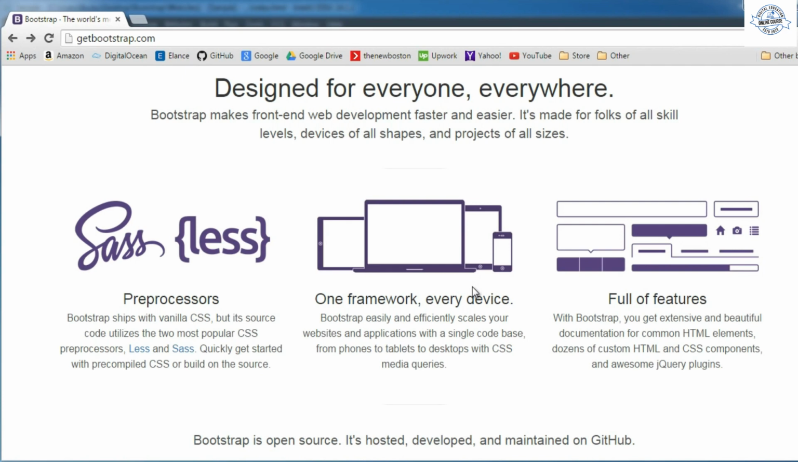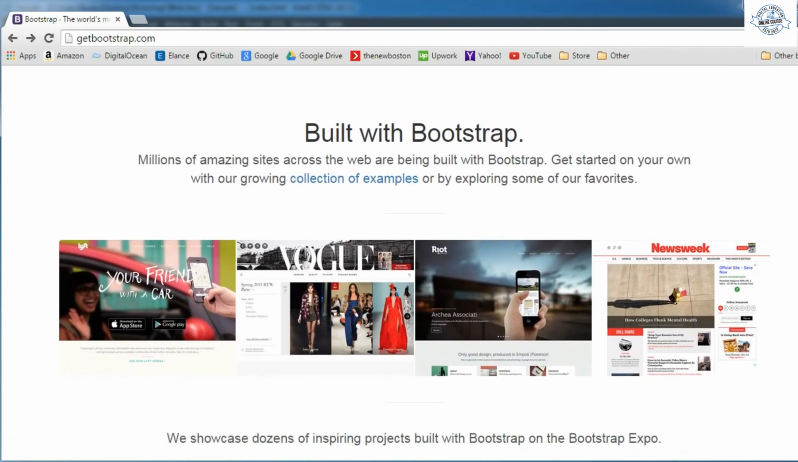So that's pretty much the broad overview of what Bootstrap is and why it's so popular. Now, what else do we got down here? Alright, so if you go to this site, getbootstrap.com, you can look at a couple demo websites that were made